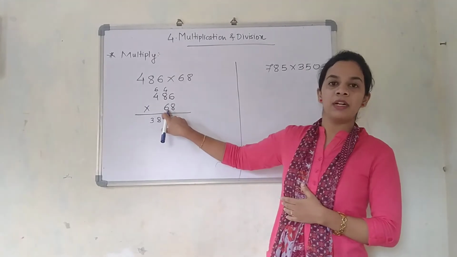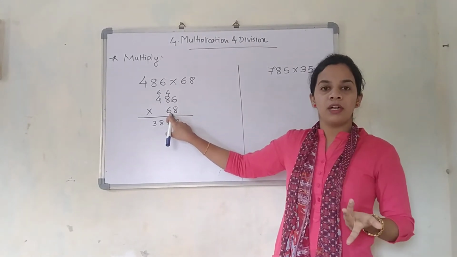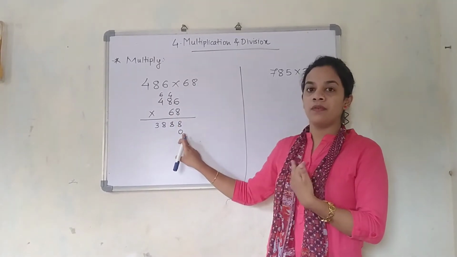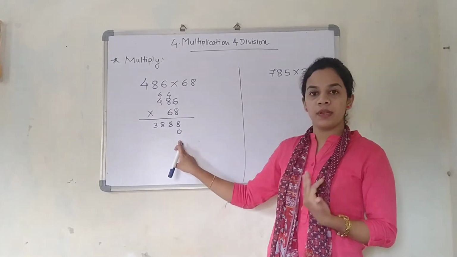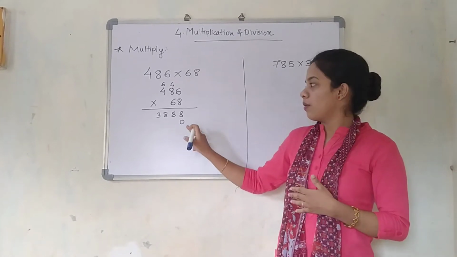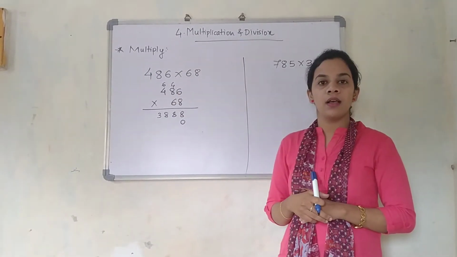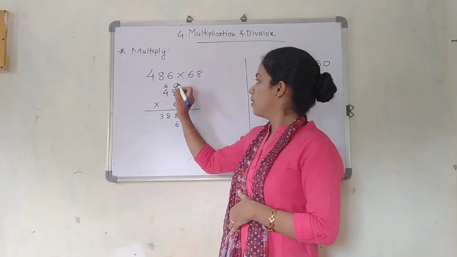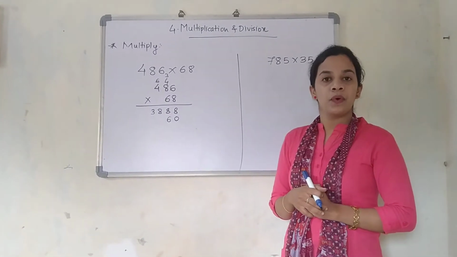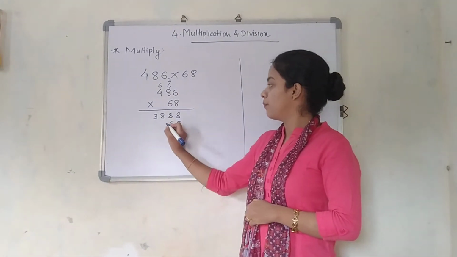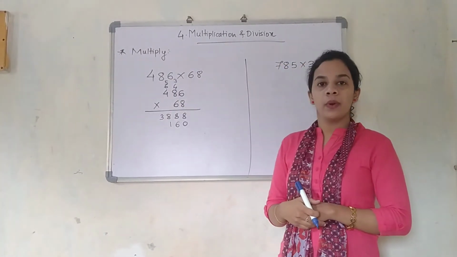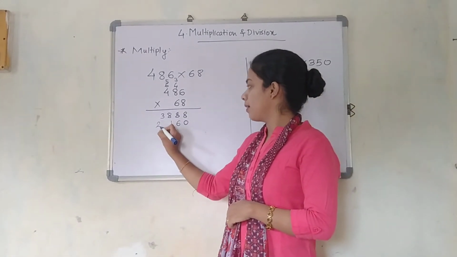Okay, so now we will start with the multiplication with 6. When I am going to start the multiplication with 6 or any other number on the tens place, I am supposed to add 0 over here. If you are starting with the hundreds one, you are supposed to add 2 zeros, one at the unit place and one at the tens place. Okay, so now just see. 6 6s are 36. 3 will be on the top. 6 8s are 48, and 48 plus 3 is 51. 5 will be on the top. 6 4s are 24. 24 plus 5 is 29.